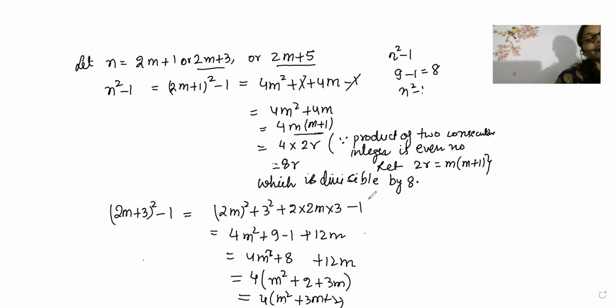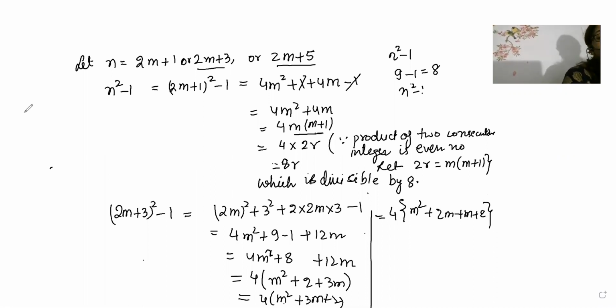Children, you know factorization. Last year you have studied factorization. m square 3m, that means it will become 2m plus m plus 2. So look here, how I have written the middle split. Those children who do not know the middle split, for you I am teaching one time. m square plus 3m plus 2 is there.